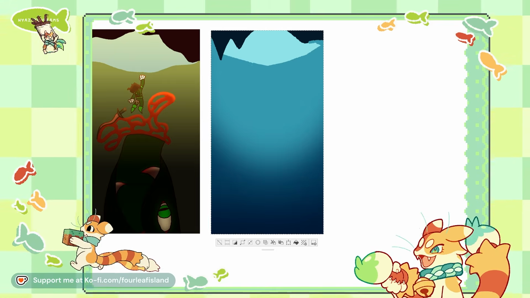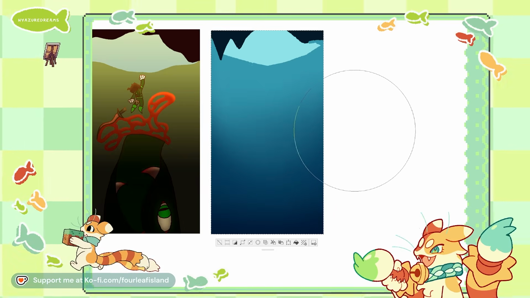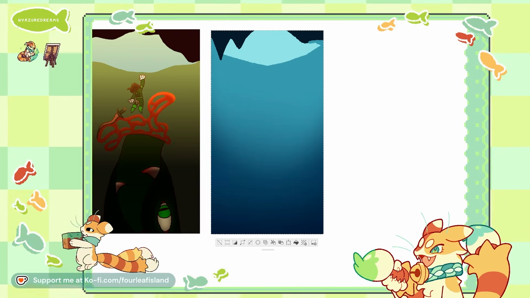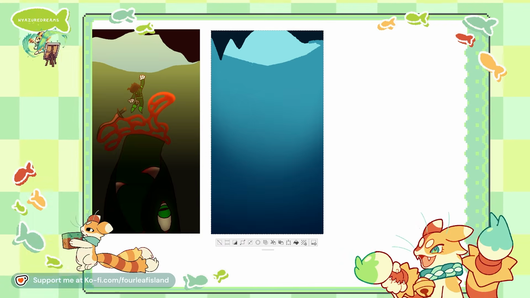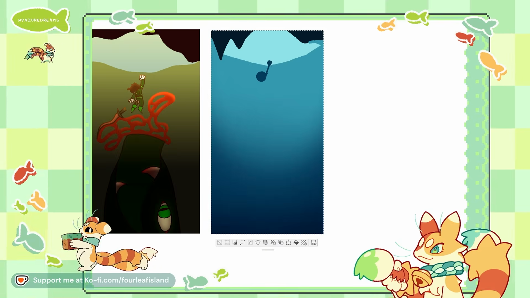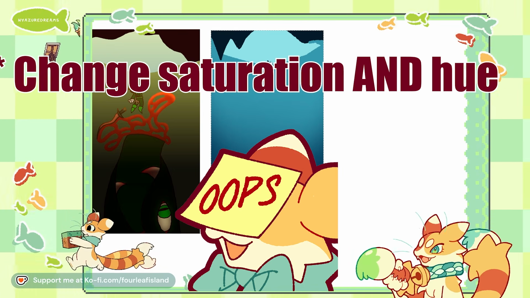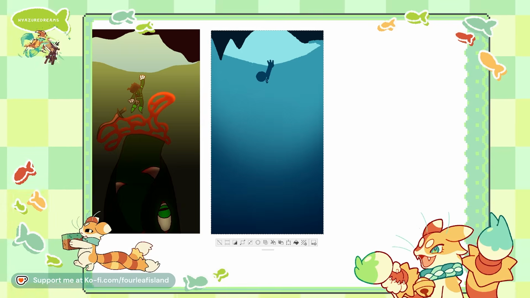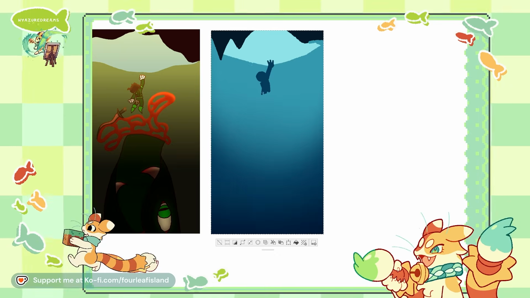Where it fails in execution is that they forgot to color the water as an object itself, first and foremost. And secondly, they forgot that the color of the water is going to affect the color of their subject as well. Really quick, I'm just gonna draw a little guy. Because the character is underwater, they're going to be darker, and also the light source is above them and we're looking up. They're going to basically be like a shadow against the light source